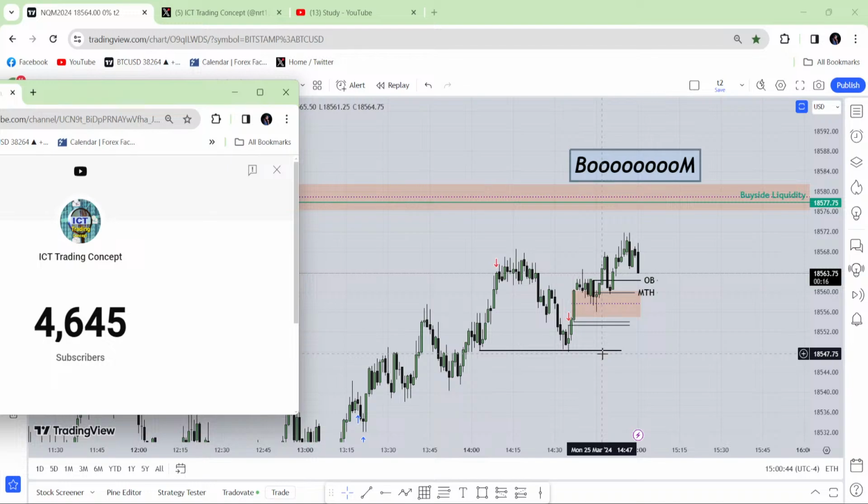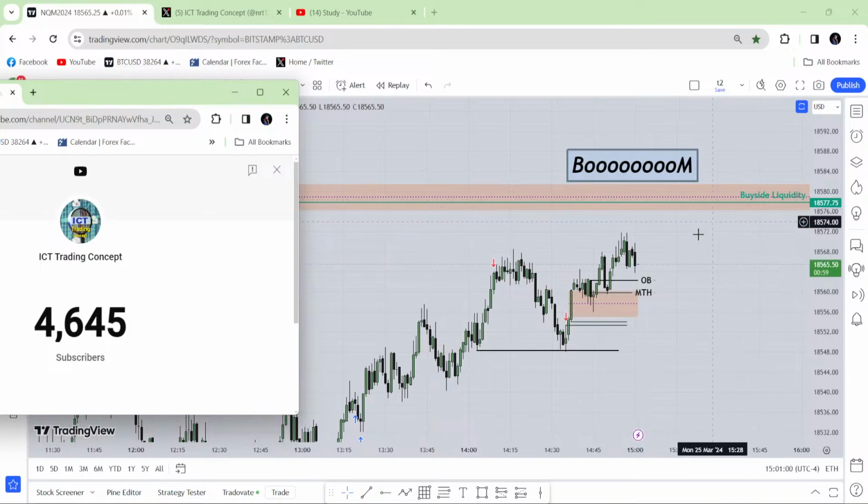New hourly candle. Yep, let's see. I'm not going to the hourly chart right now. If these two levels, the order block and the mean threshold, are broken before reaching over there, then I will go to the hourly chart and frame another trade. If the market breaks both of those levels, only then will I go to the hourly or 50-minute chart to look for a fair value gap to frame another trade.